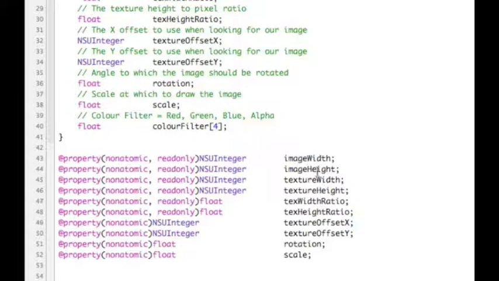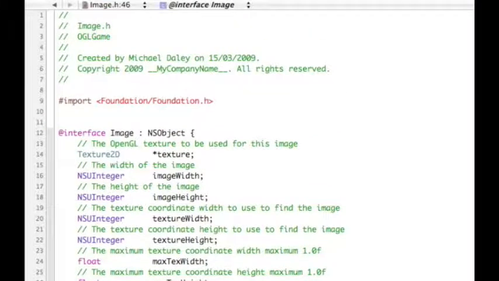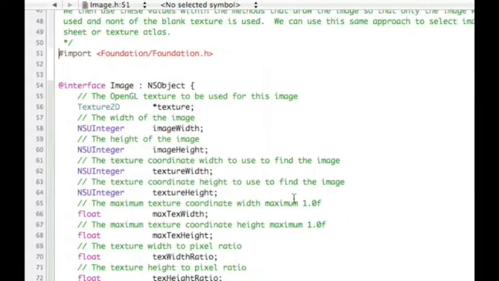Okay, now one thing I do want to add to the top here are some notes, some comments that I've created. What I'm trying to do with these comments is just give you something to be able to read and understand a little bit more about how texture mapping works and how the textures are mapped. So if I paste in this rather large comment area here,